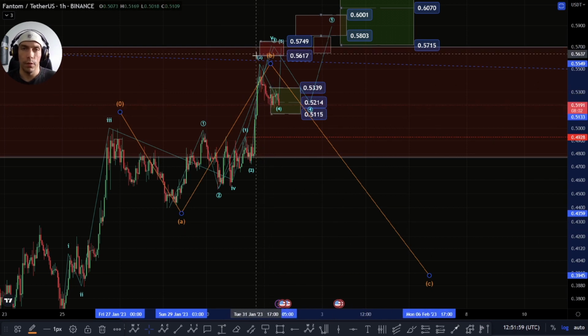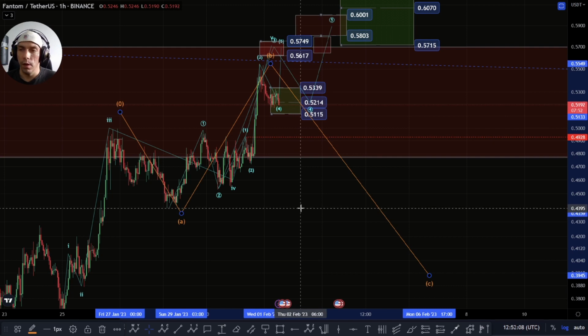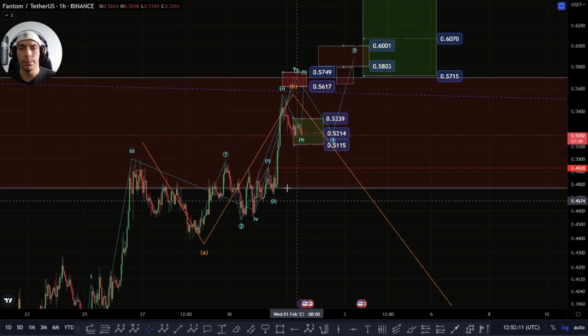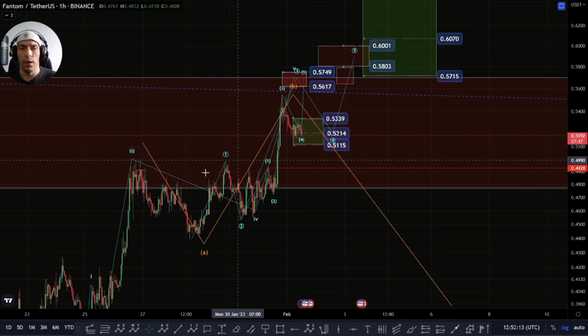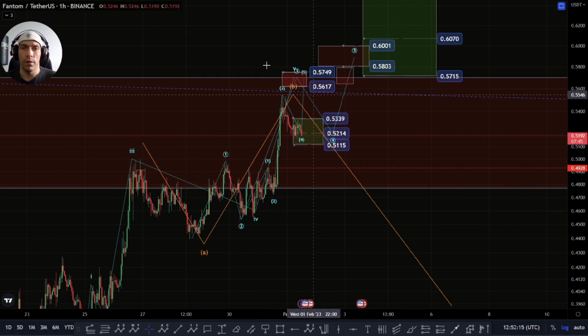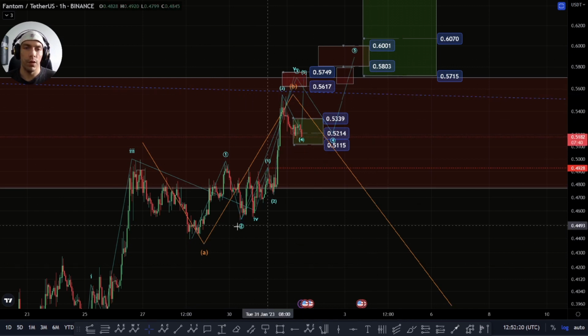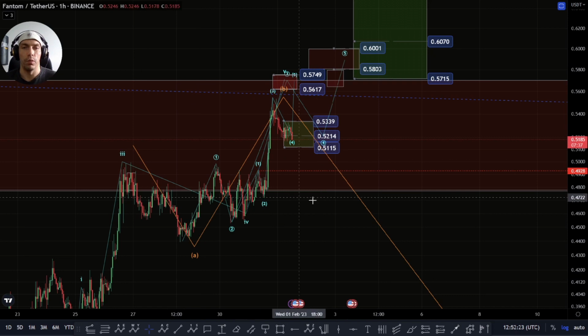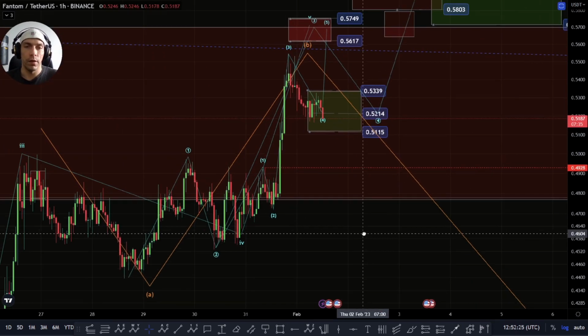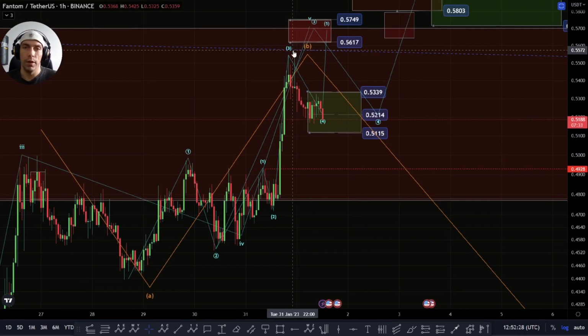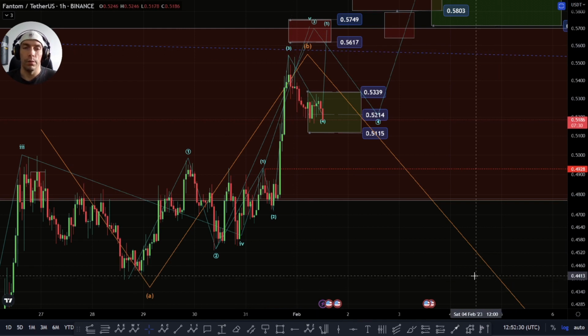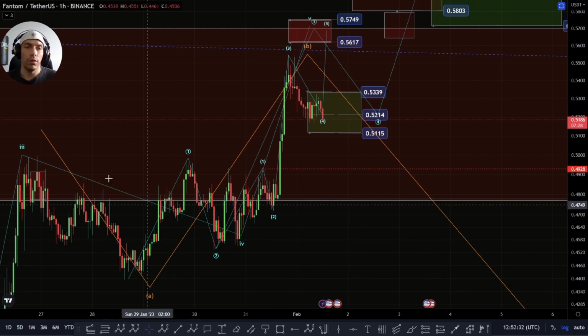So we just need to be careful here that this fourth wave area holds, and then the next area of importance would be this area of the 4533, and then also this area of this 4395. So we just need to be aware that this hasn't proven itself yet. We just have a 3-wave structure here so far. Even though it's hit this 1.618, this can still turn around and actually take these lows and invalidate any bullish potential here. So if that is the case, we'd either have to look at this triangle and a completion into this high, and then we'd be looking for a fourth wave from this position,